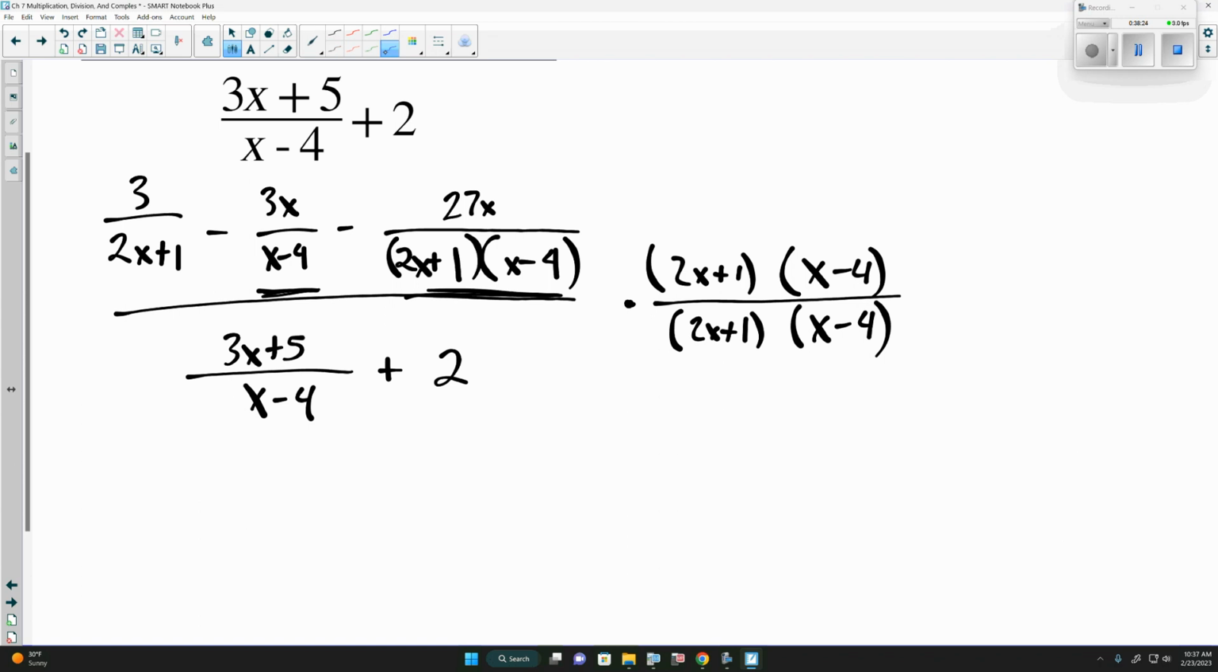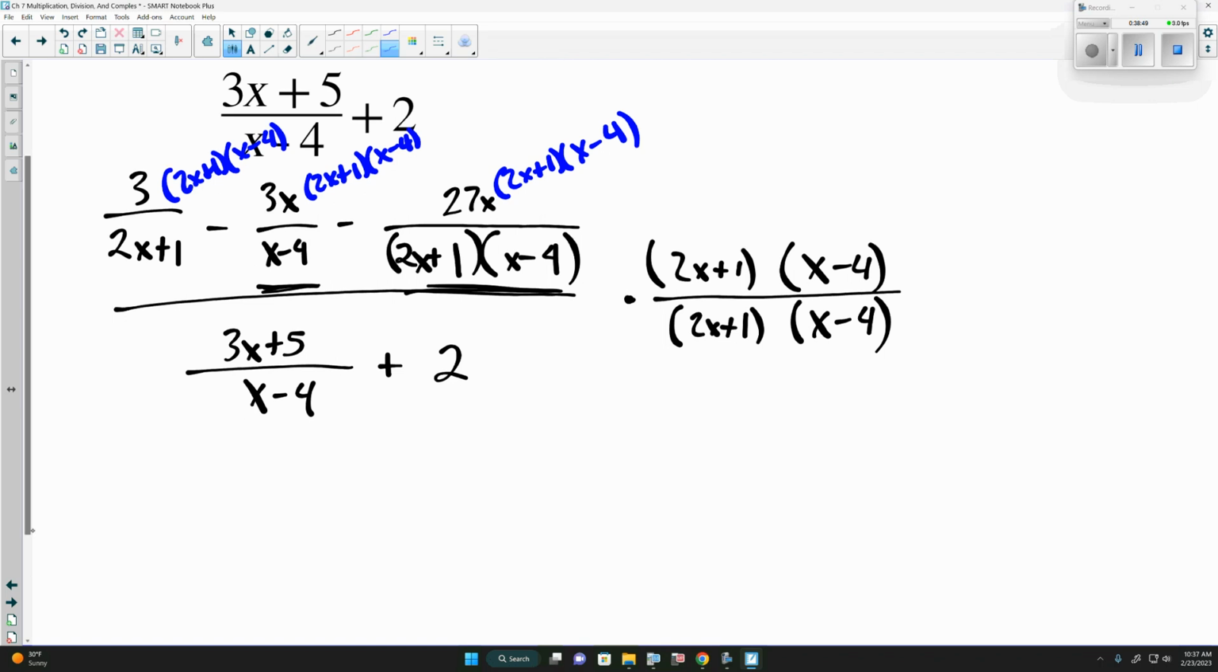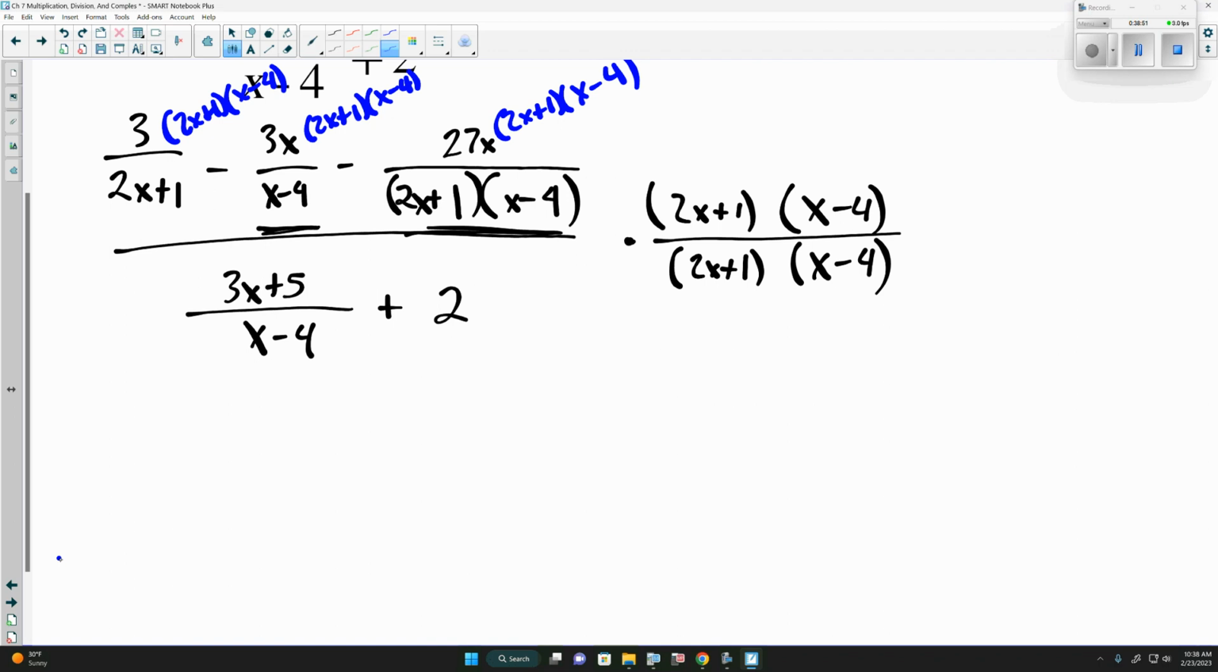I'm going to write this in a little bit different color because what we're multiplying this by is 2x plus 1 times x minus 4, yes? This one's 2x plus 1 times x minus 4. Is what we're multiplying these top 3 by. And there's a reason I do this, because what we haven't been doing up to this point is something like